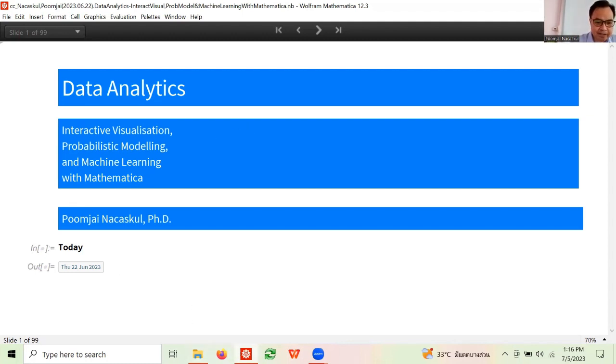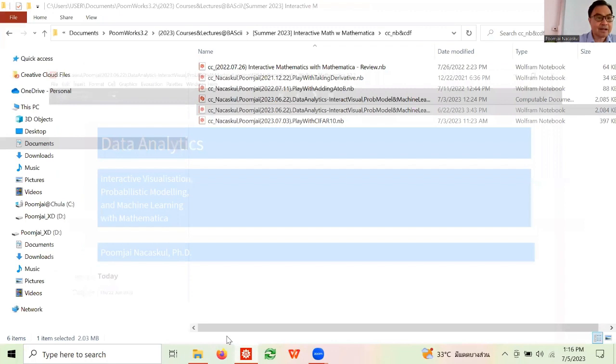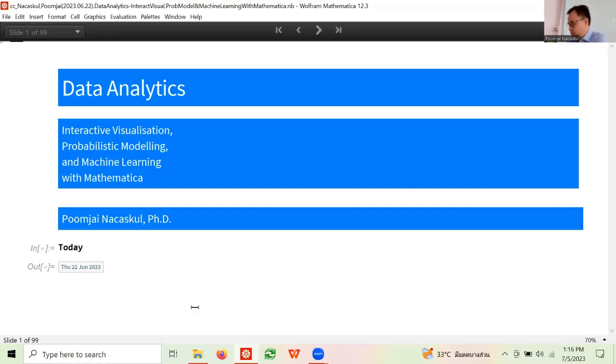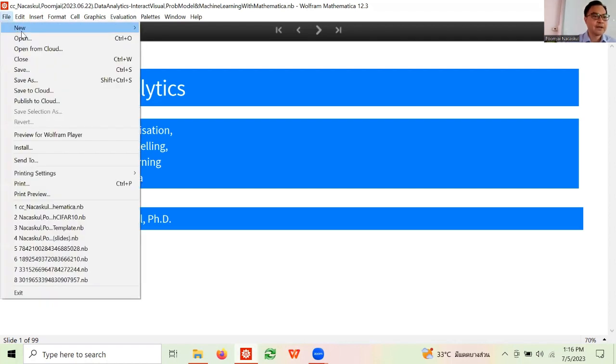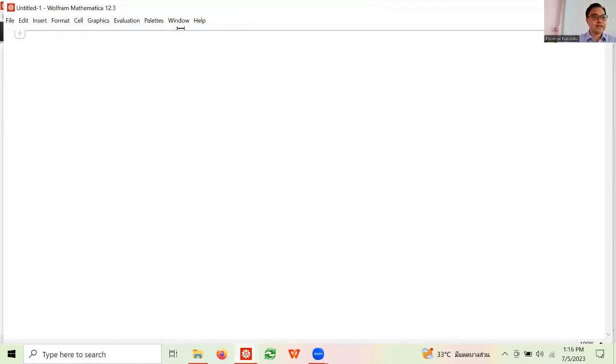So if you notice, if you start, let's say I do this. This is a notebook. Let me start a new notebook. This is what's going to happen. You turn on this thing, you start the new notebook. There's a plus sign here. That's basically how you enter things.